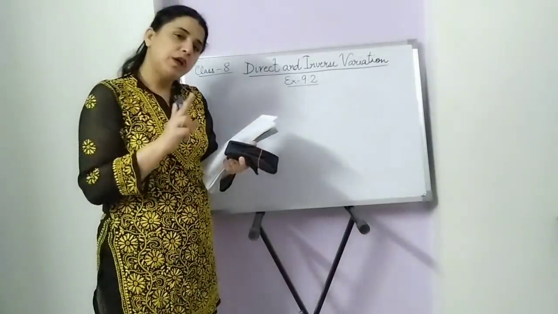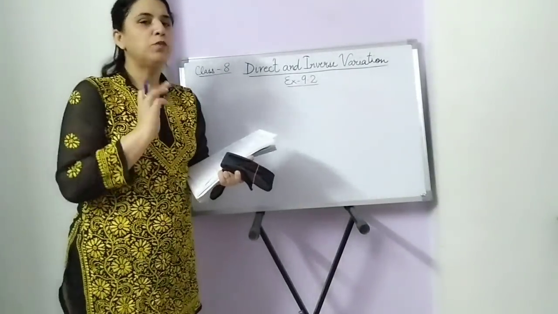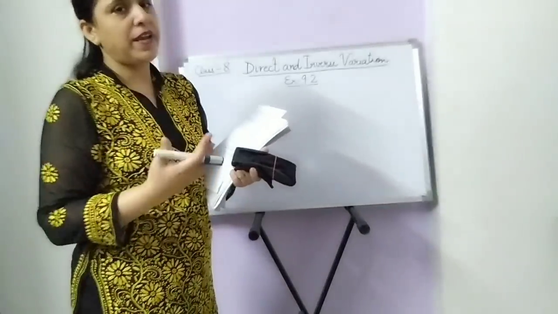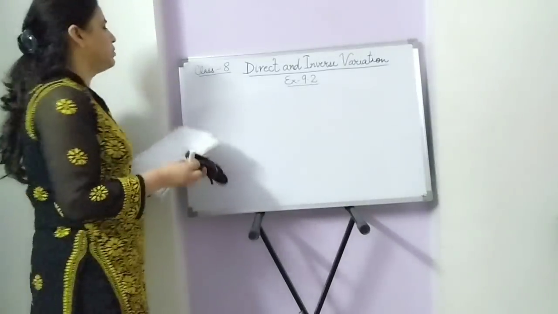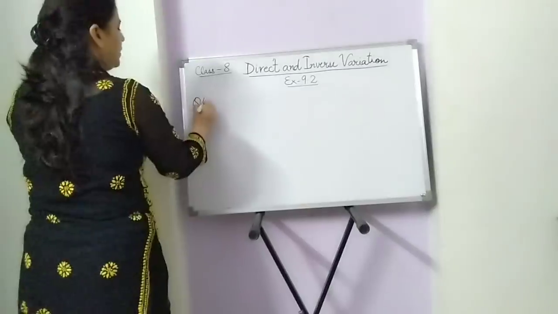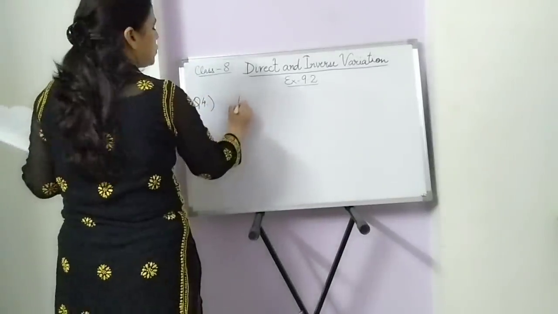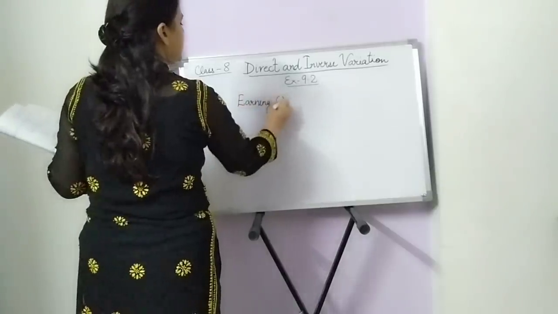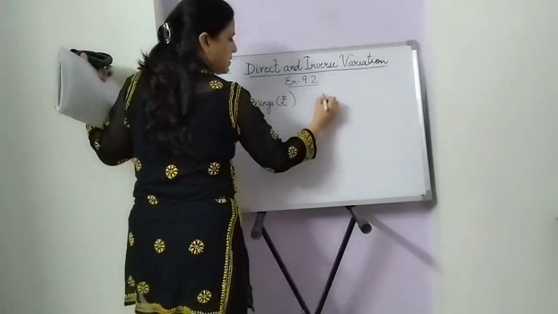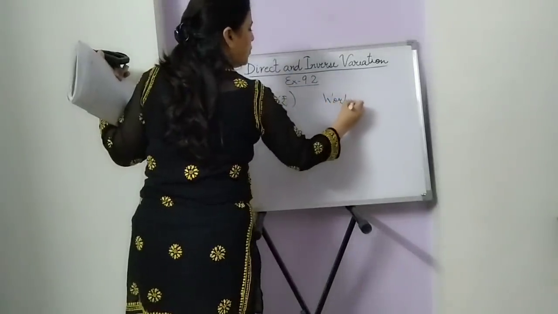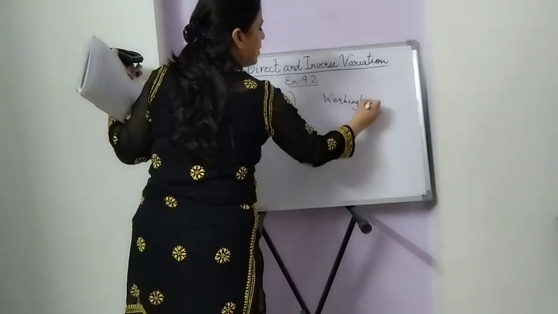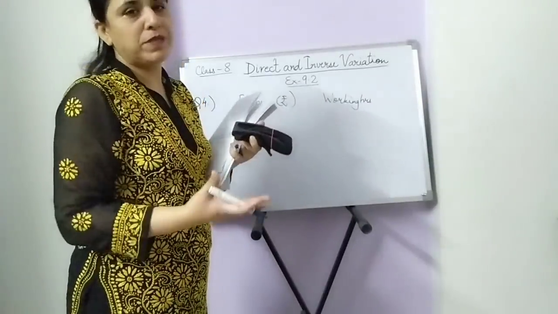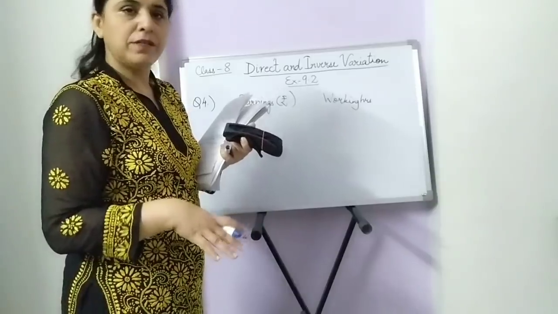Okay, when she is working for 48 hours, she is earning rupees 540. Now what type of relation is there? Is it direct variation or inverse variation? Let us make 2 columns for this. This is question number 4. One is earnings, which is in rupees, and the second is working hours. More the working hours, more will be the earning. If you work for more hours, you earn more. If you get absent, that means you are working for fewer hours, so you get less.